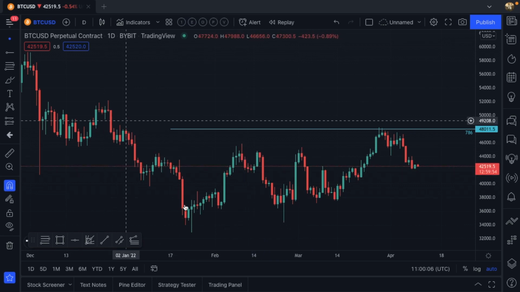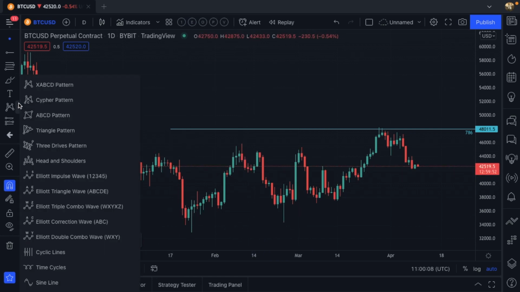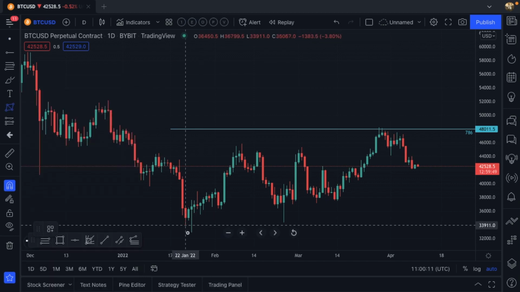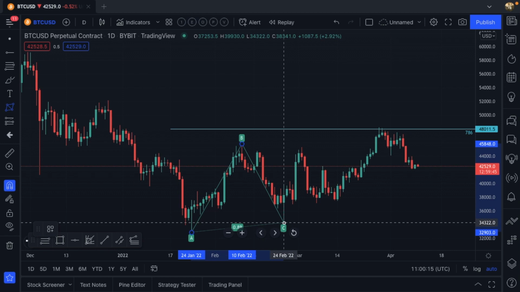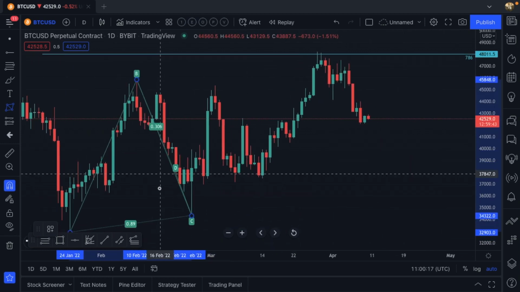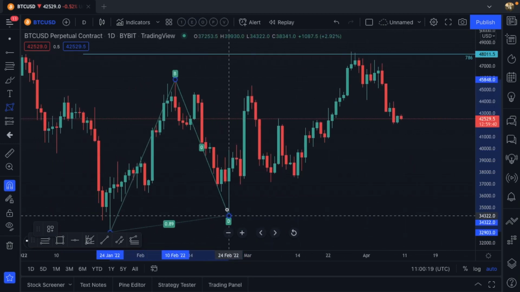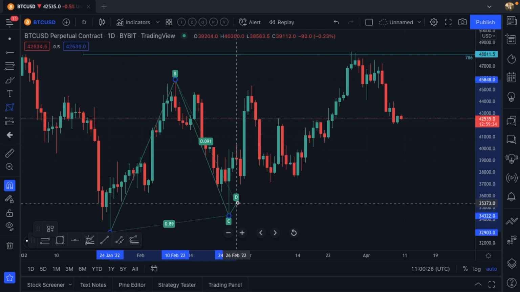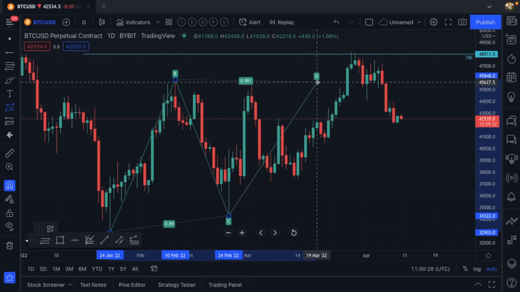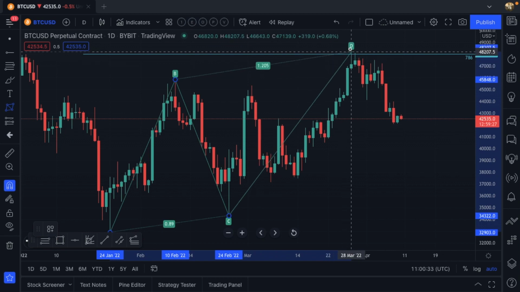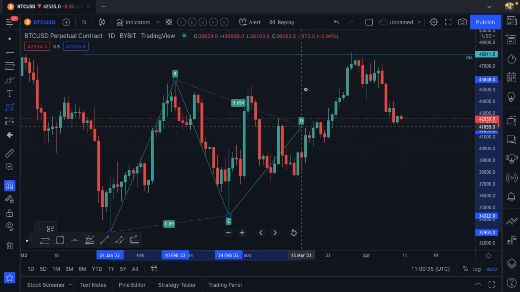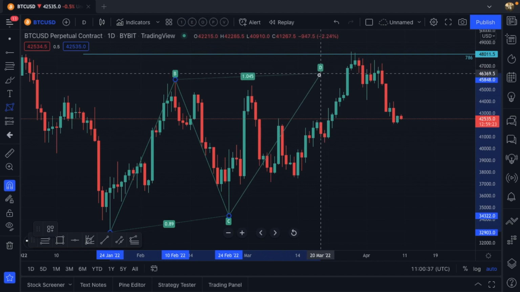So we are now looking at a potential ABCD pattern once we get this. And as soon as we retrace to the 8-9, which is pretty much an 886, right? Or it is an 886. Then we are going to be looking at a distinct ABCD pattern. However, none of this is here yet. So if it was to be